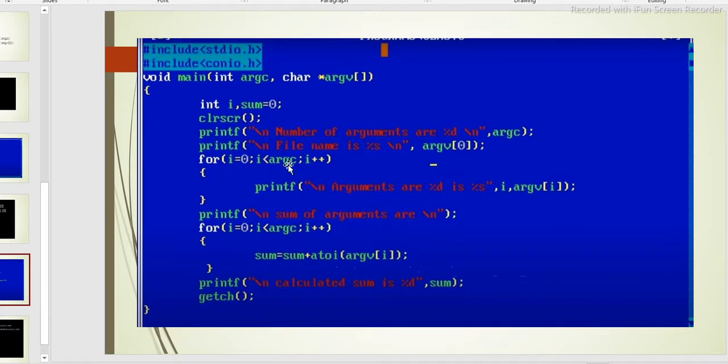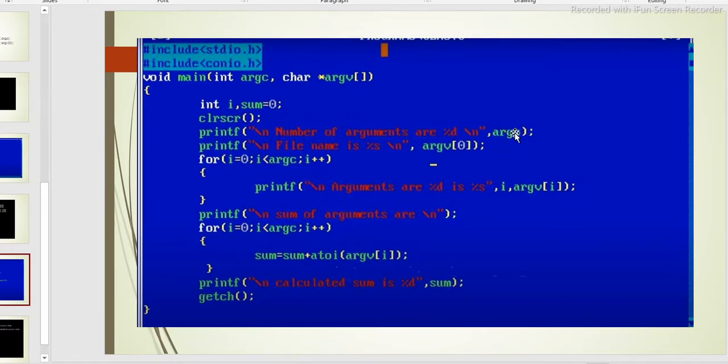Another example you can see: calculate the sum, same method. sum equal to 0, number of arguments with percentage d and percentage s. Loop i equal to 0, i is less than argc.